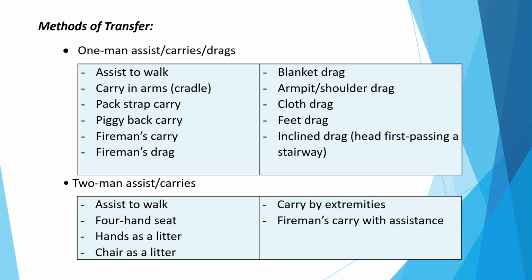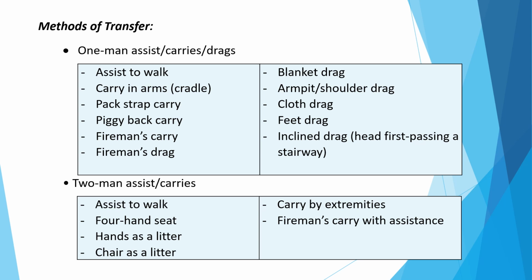Snappy ba? Snappy siya. Methods of transfer. We have one-man assist, carries or drags: assist to walk, carry in arms or cuddle, pack strap carry, piggyback carry, firearm carry, fireman's drag, blanket drag, armpit or shoulder drag, cloth drag, feet drag, incline drag, head first passing